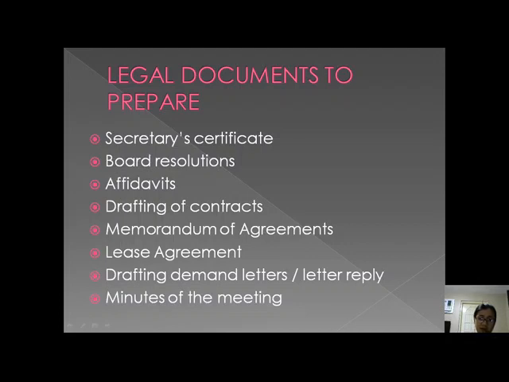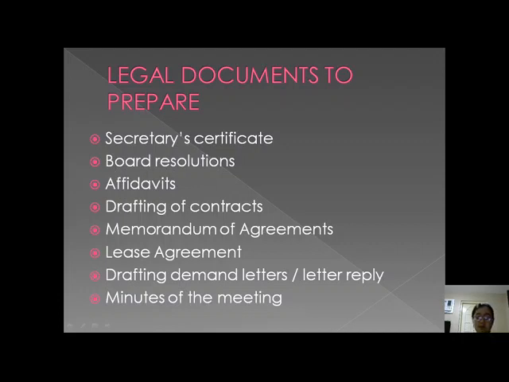law firm. Okay, so legal documents such as the secretary certificate, which is very common in a corporation, where they do a lot of secretary certificates. In a corporation, one of the board members is the secretary, and whatever decisions they make, the secretary makes the certificate. But as I've said, I want you to research all these legal documents,